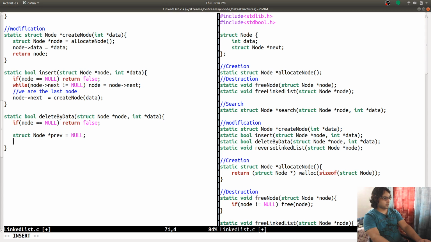And we are going to say that while node data is not equal to star data, node is equal to node next.